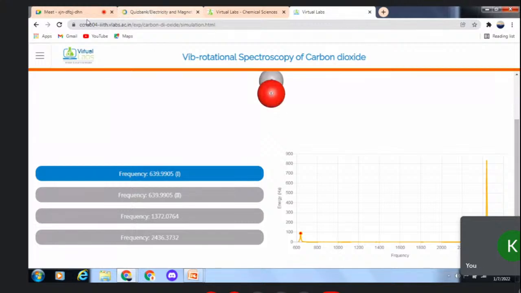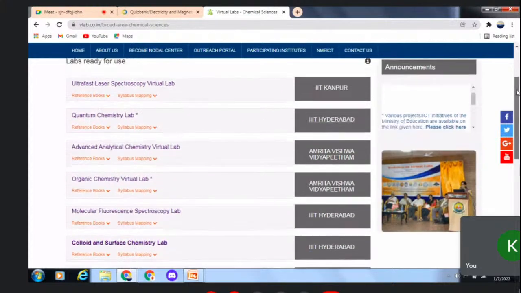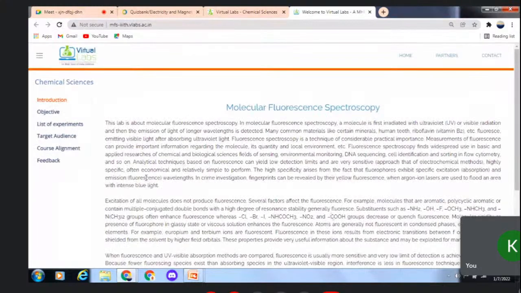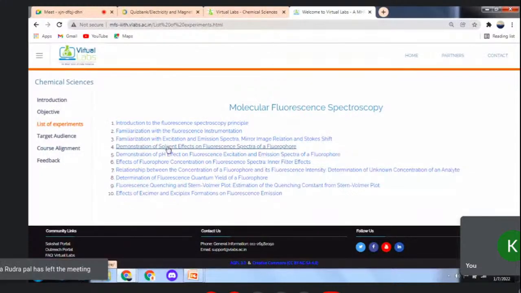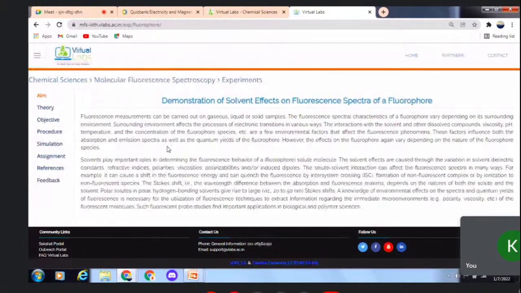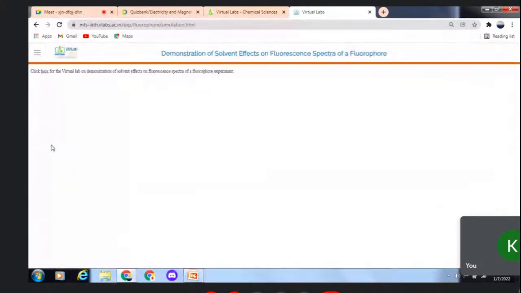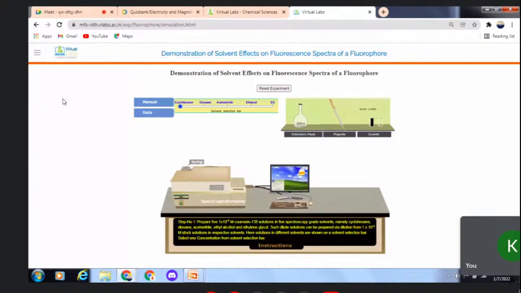the simulation is quite difficult. I'm trying to show a very easy one so that it can be easily understood. This is the list of experiments. Now, say for example, solvent effect on fluorescence spectra of fluorophore. Now it's the simulation part. Now click here. See, the entire step of this simulation is shown here. Step number 1, prepare a solution containing something. Like if I take dextrose from here